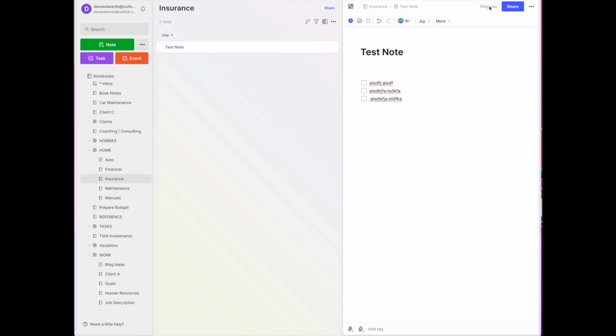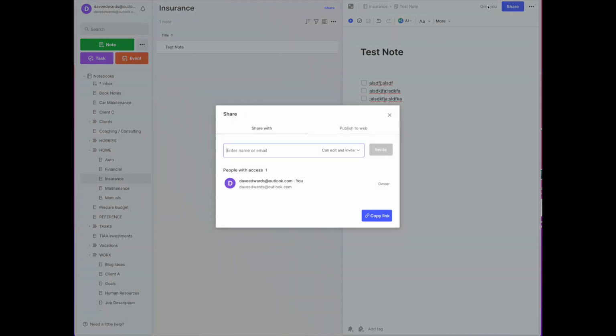This is showing us that the note is only visible to me. I have not shared it with anyone. But if I do want to share it, I click on the share button, and now I have a number of options. I can share this with one person, typing in their email address, and then once I invite them,